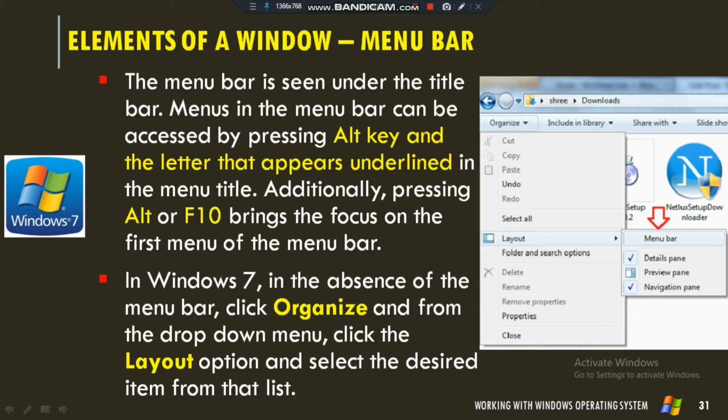If you want the menu bar, click on this Organize button, select the Layout option, and from this option select Menu bar. The menu bar will then appear on the window.